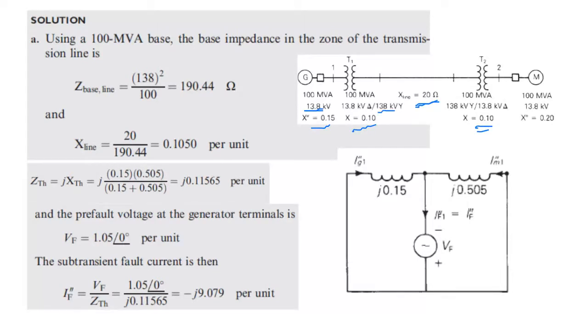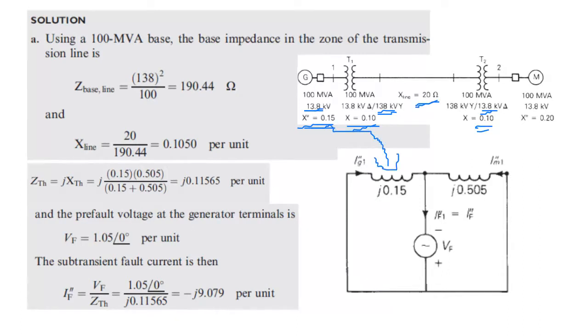Therefore the second zone, the base must be 138. And the third zone will be 13.8. This is the base. If the base is the same, which is given, then the reactance will be the same, it will not change; there is no new and old. You can use the new and old if the base is different than the rated voltage. Here they are the same, therefore you will just plug in